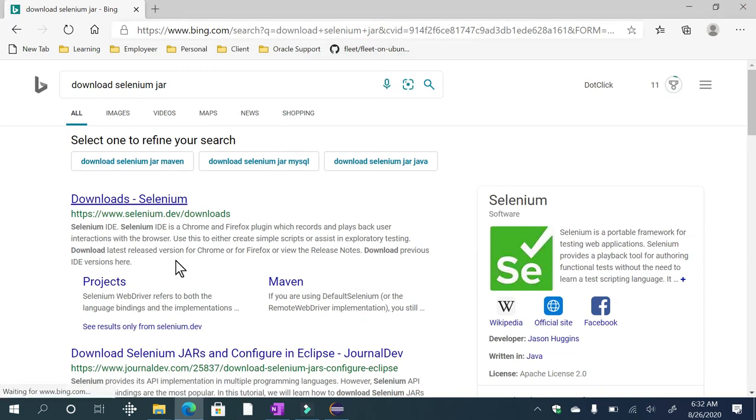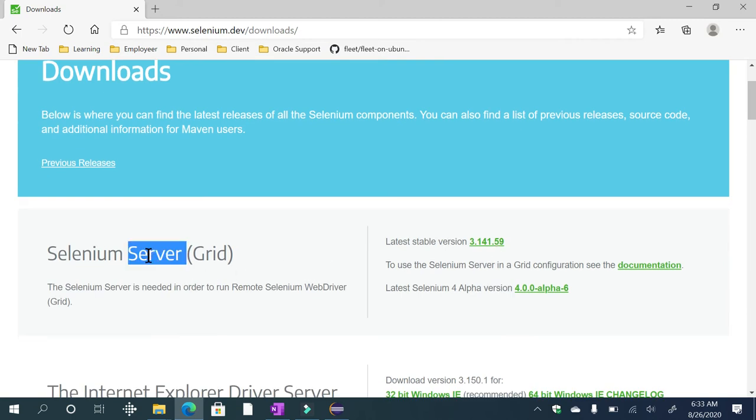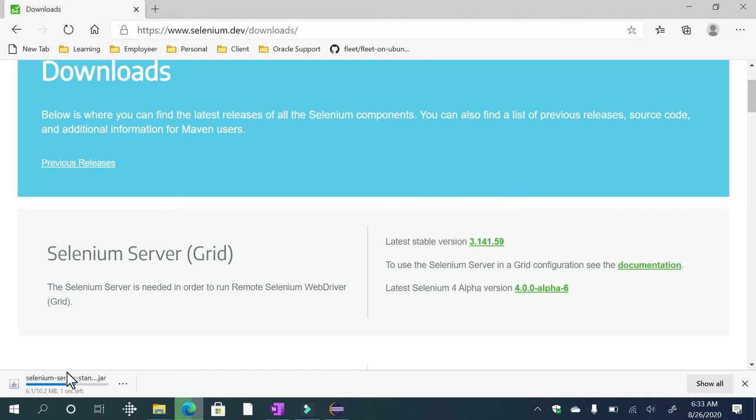You see Selenium downloads. Always download it from here. This is the official Selenium site. Okay, download Selenium, and you can see the Selenium server version. So just download this. You will see a jar file. Look at this. Keep it. For any jar file, Windows will detect it as a suspicious file, but you can keep it. No worries.